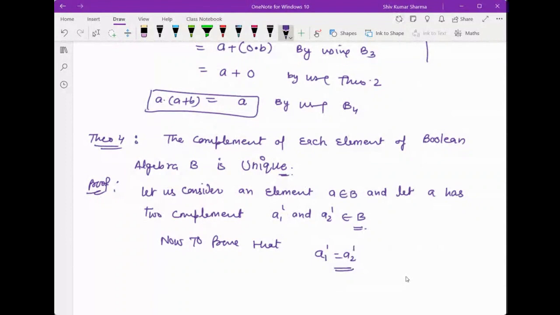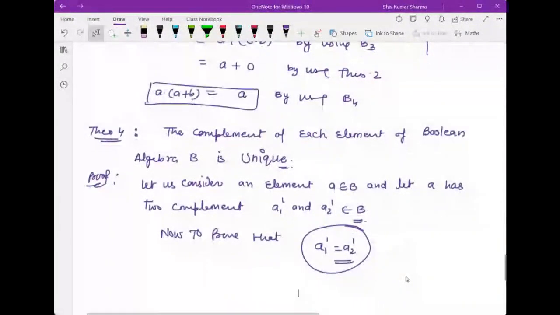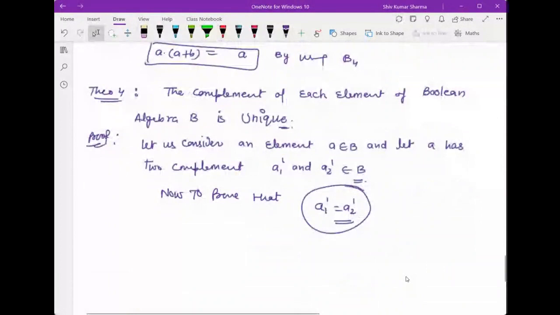लिए हैं वो दो नहीं है बल्कि एक ही कॉम्प्लीमेंट है, that means we can say that the complements are unique. Otherwise, that means having more than one complement. So our purpose is to prove that when we take two complements, they are not two different complements, they are only one complement. So we shall prove that A1 complement equals A2 complement. For proving this, we take